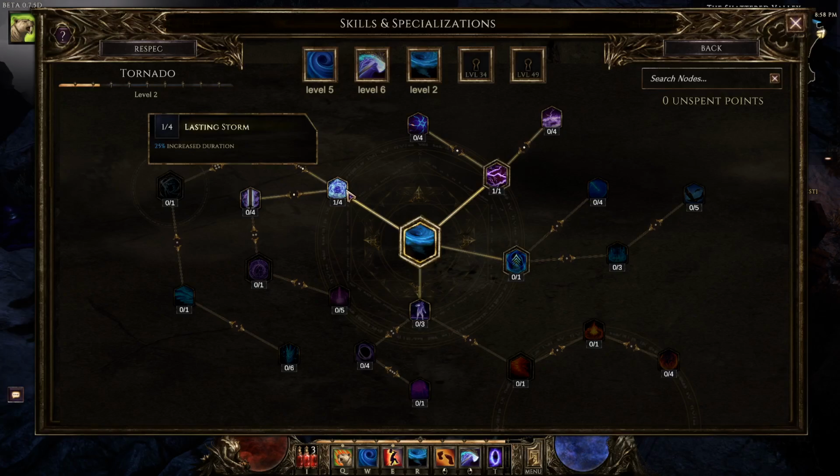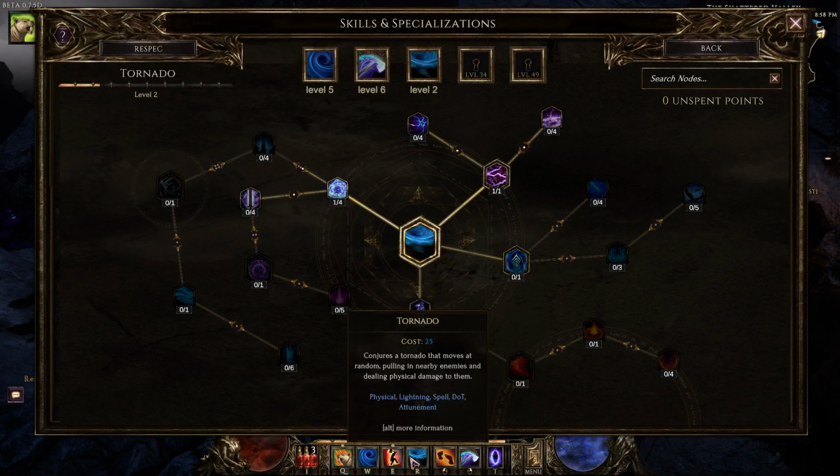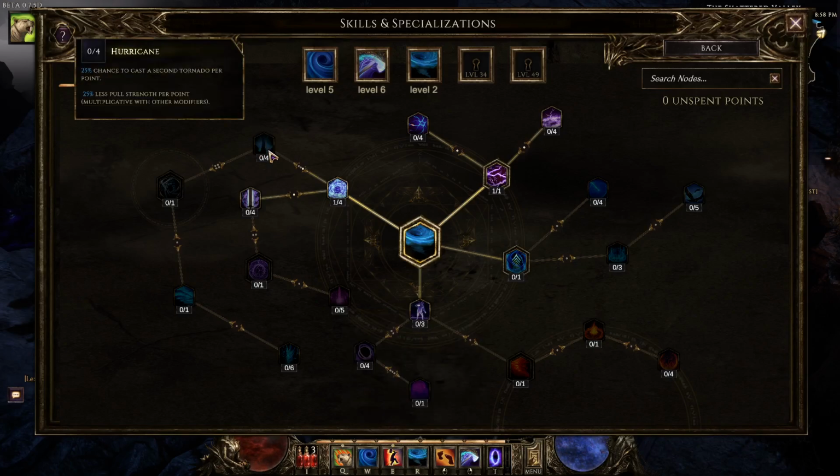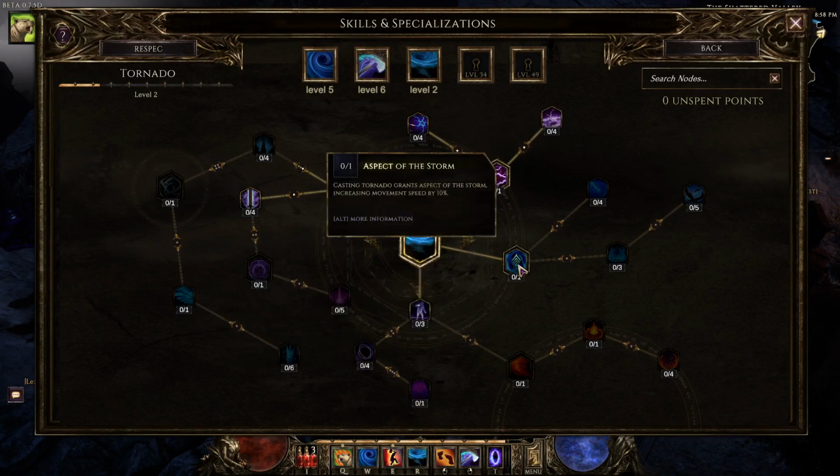Now, this is giving me increased duration. I need at least 3 points here to get this. I'm going to do all 4 points here, because I want to cast for 25 mana to get 2 tornadoes. That's pretty good. I believe the mana efficiency is...